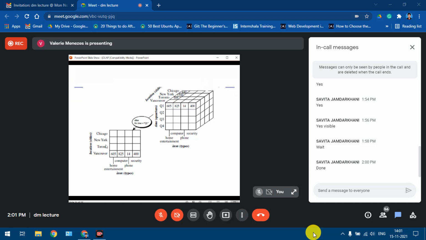So this will represent the sales done for each item for each location based on the first quarter.